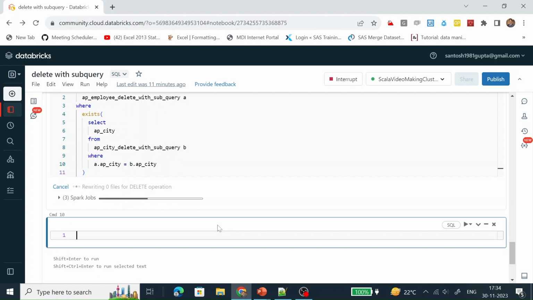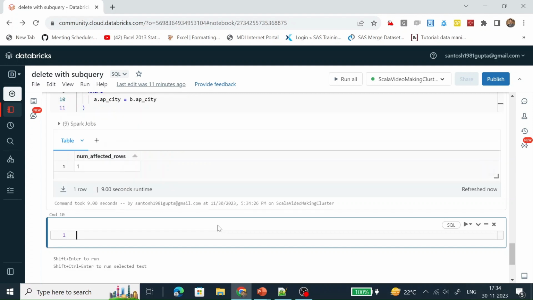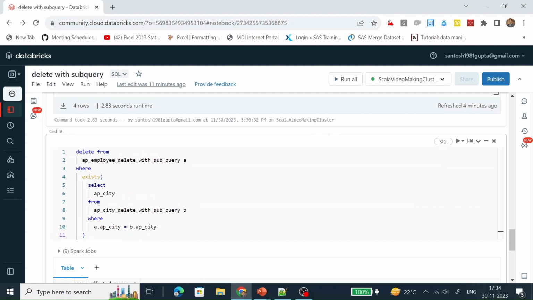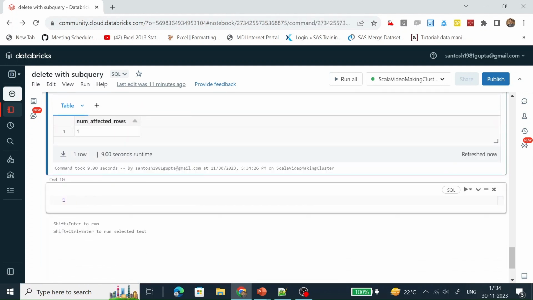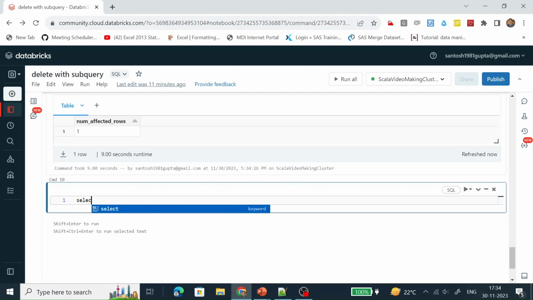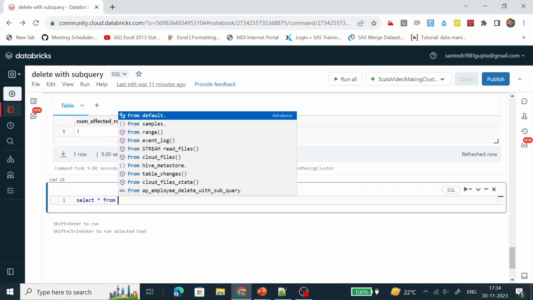It is deleting the records. Let's wait for some time. So one row gets affected. Let me do a select. Select star from.